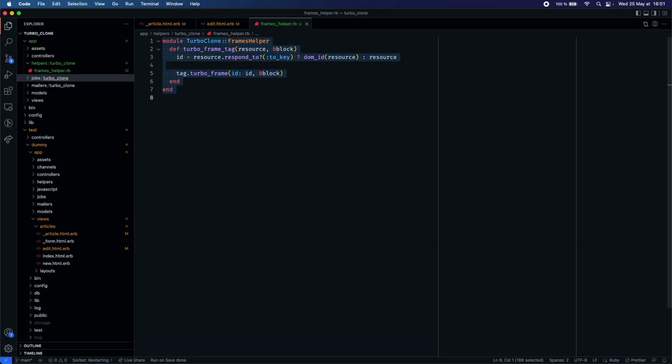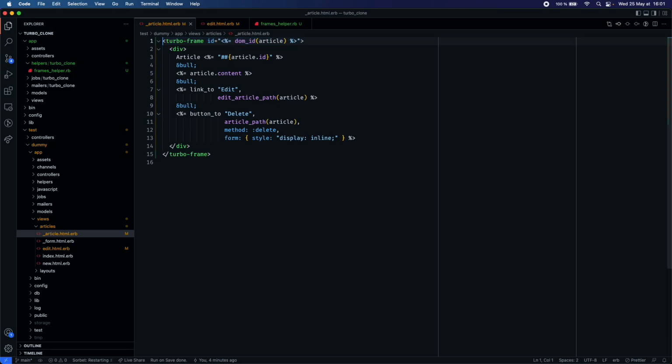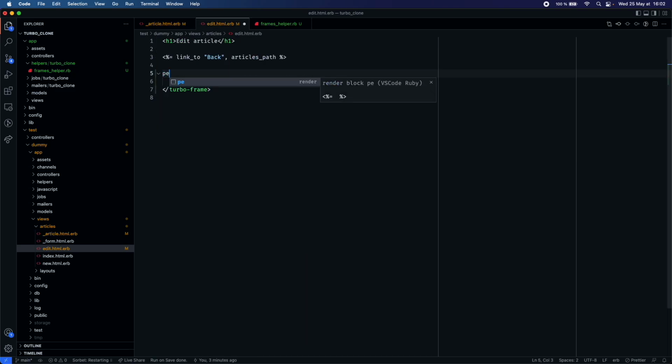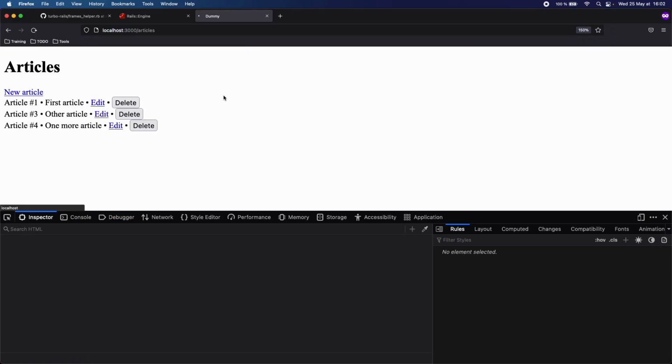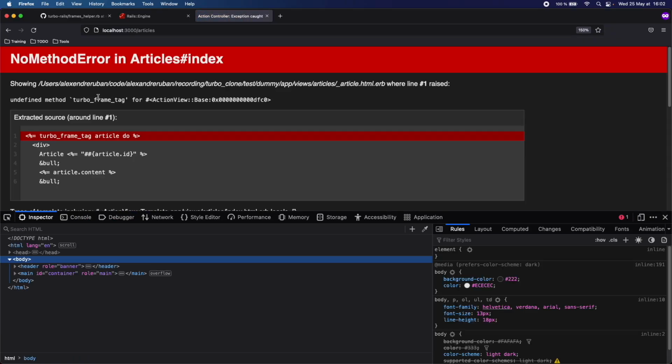We are going to try to replace what we did previously with our turbo frame tag helper. In our case here it's article, and the block is the HTML that we had previously. And we're going to do exactly the same here, turbo frame tag article, and the content of the block is the content of the form. So let's try it, and when we refresh the page here,